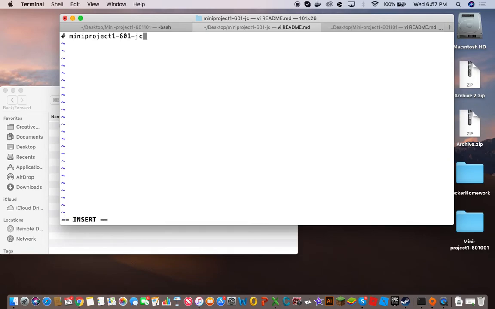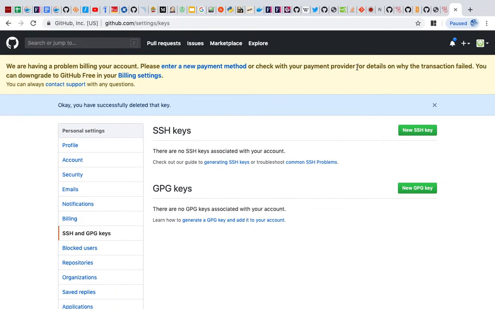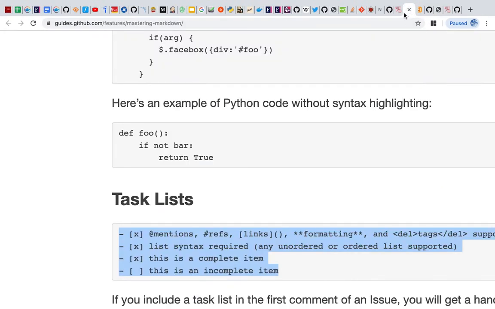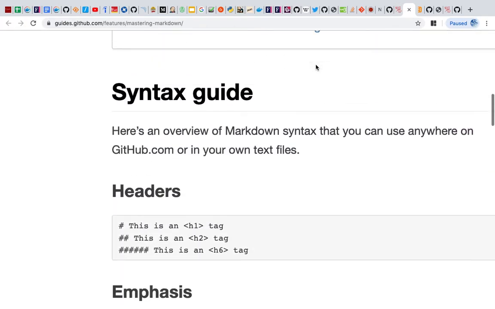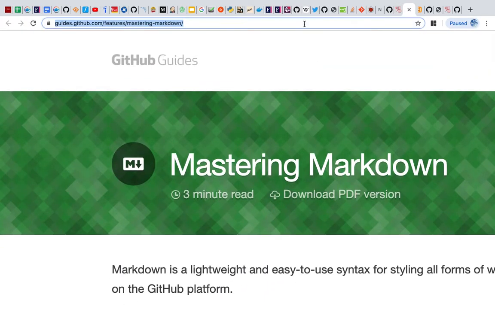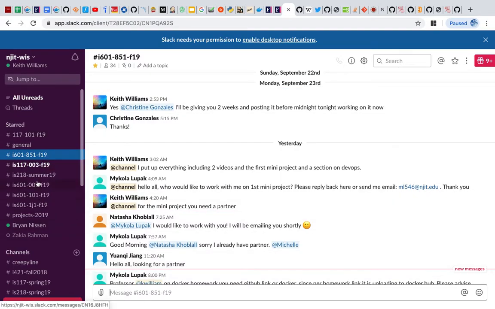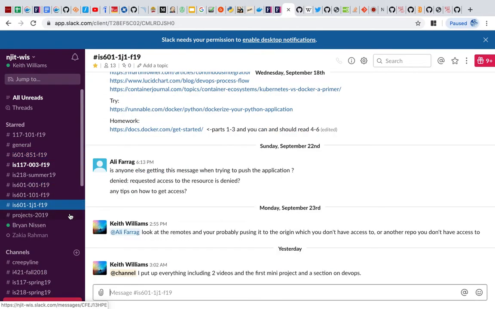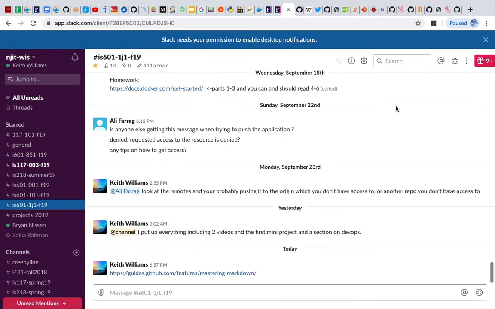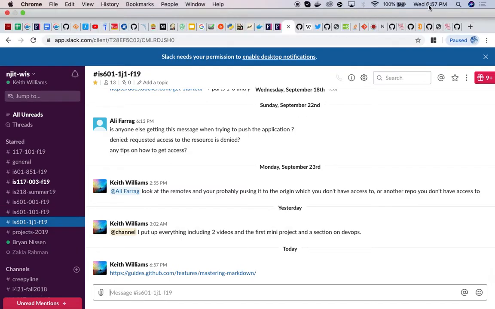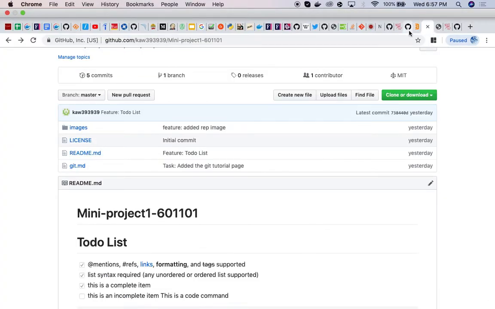And the first thing we're going to do is go over to my Markdown tutorial here. I've got it somewhere. And if you want this, I'll put it into Slack real quick so you can pull it up and copy and paste everything with me. All right, so